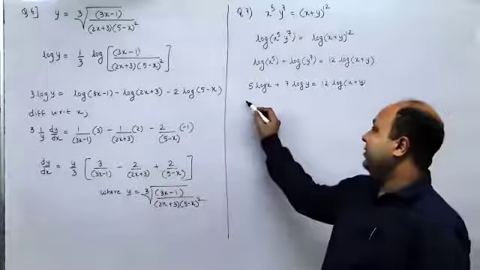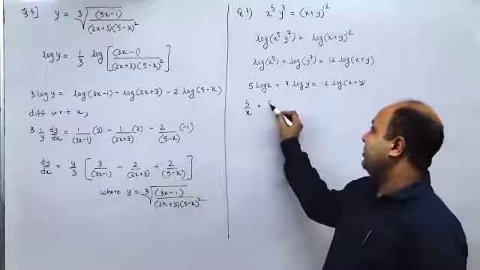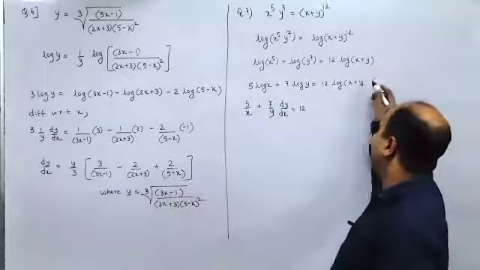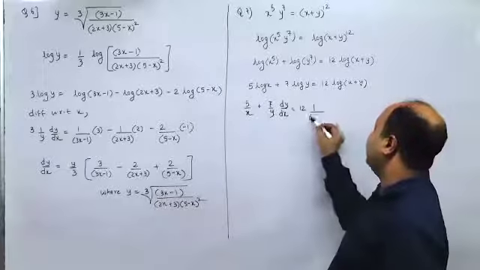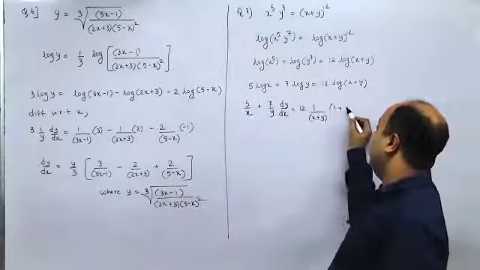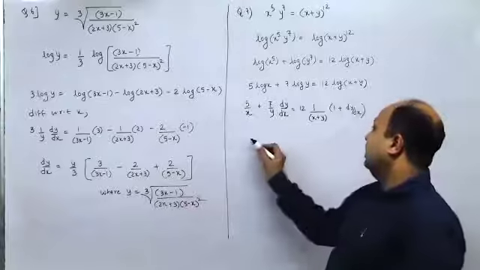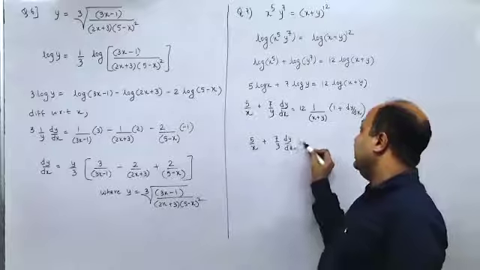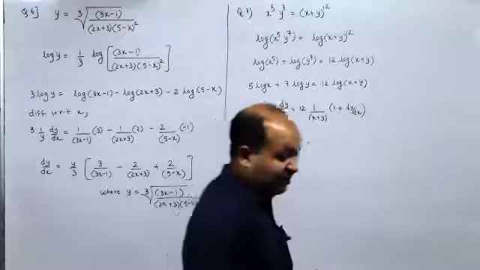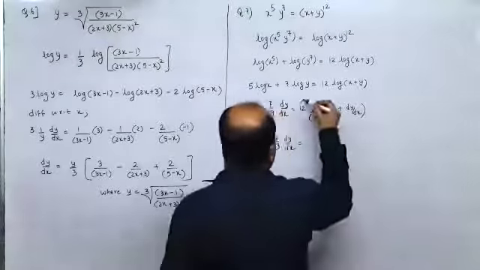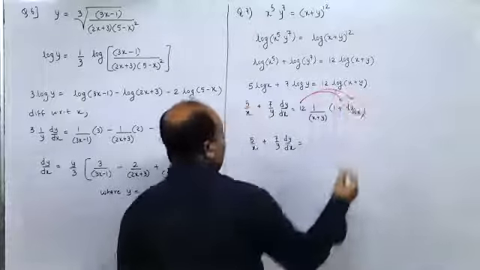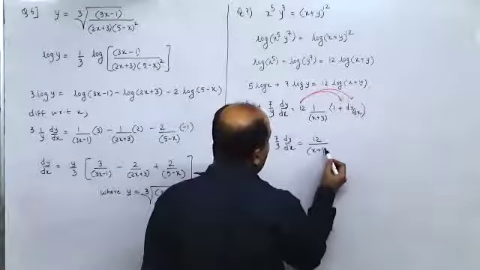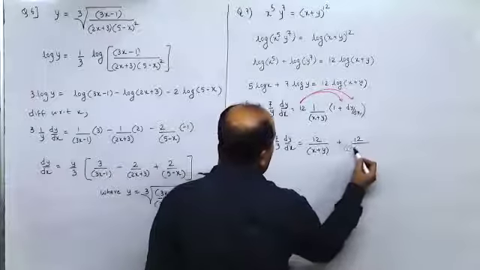Now when I differentiate it, I get 5 by x plus 7 by y dy by dx equal to 12 outside. Derivative of log x plus y is 1 upon x plus y into derivative of x plus y, which would be 1 plus dy by dx. The mistake which children commit over here is they multiply 12 by x plus y with the first term, but they fail to multiply it with the second term. So 12 by x plus y, you'll have to multiply it with both the terms. You'll get here 12 by x plus y, and here you'll get 12 by x plus y dy by dx.